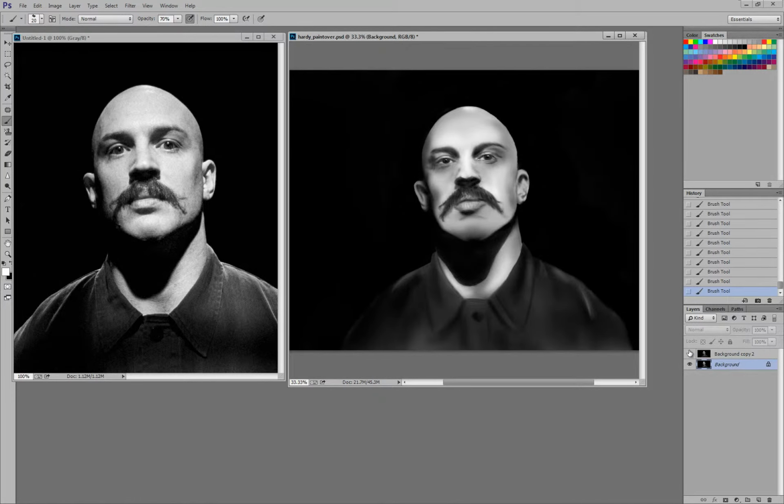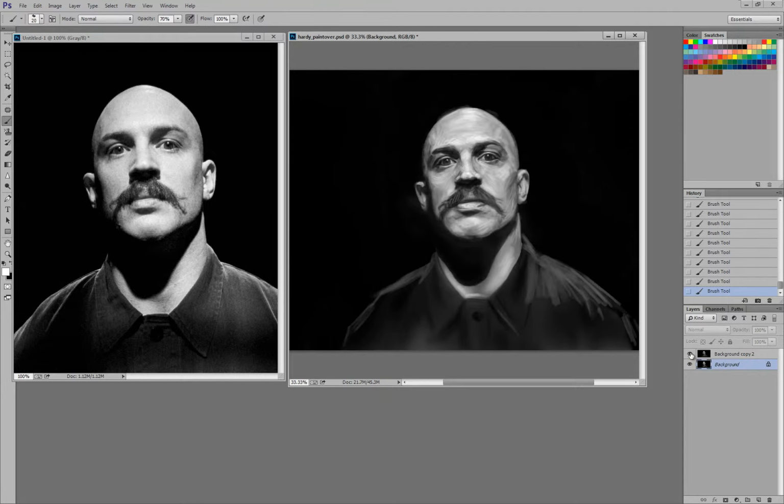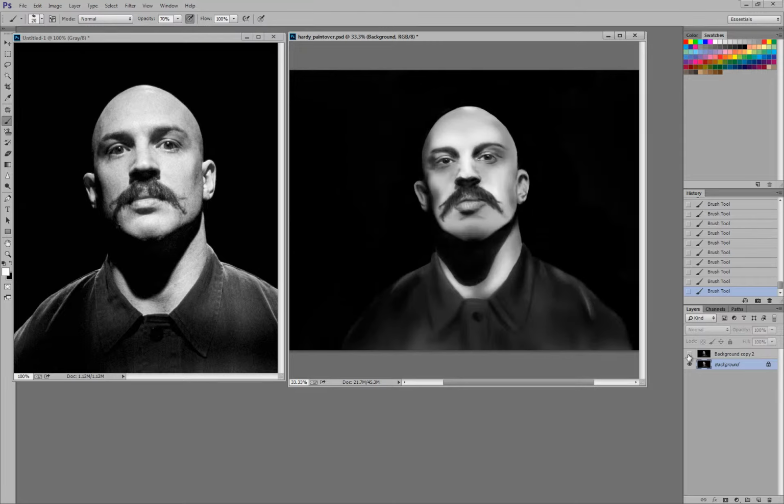So this is the original that Luke submitted. Here is my paint over of Tom Hardy. And so now I'm going to go in and specifically talk about some of the things to improve it. I'm going to turn mine on and off for the sake of contrast. So first things first, I think either in the last video or one of the other ones, I really harped